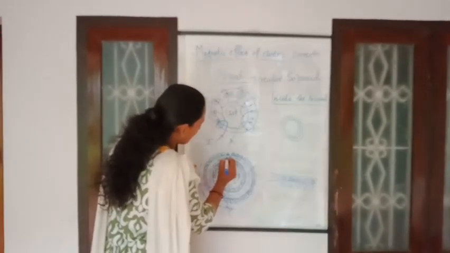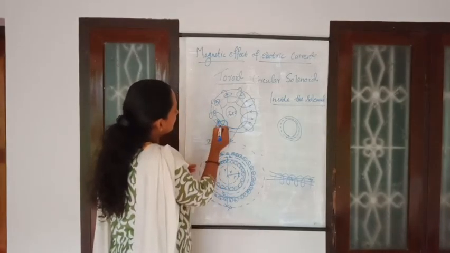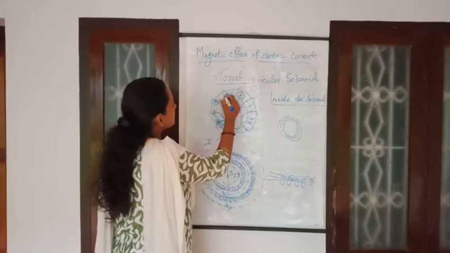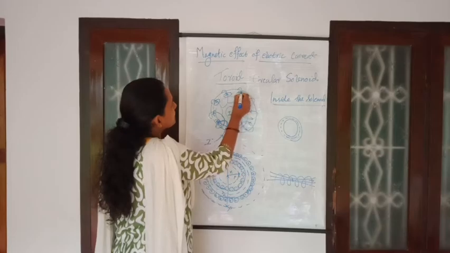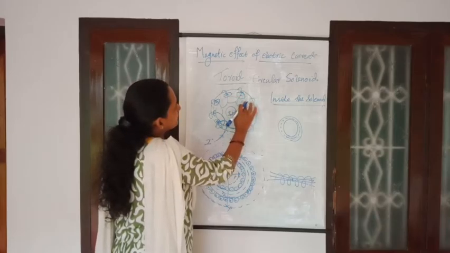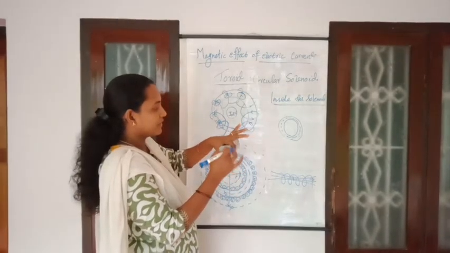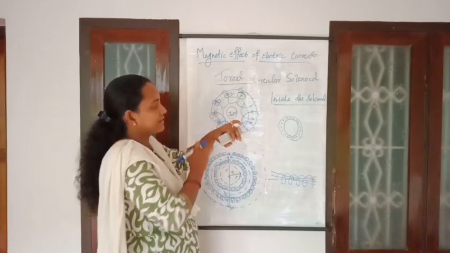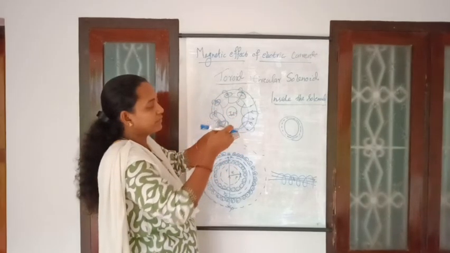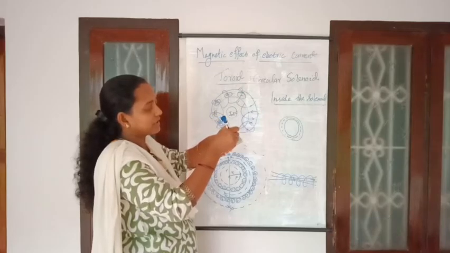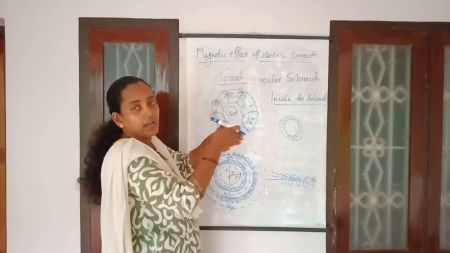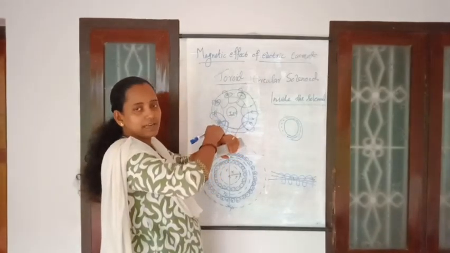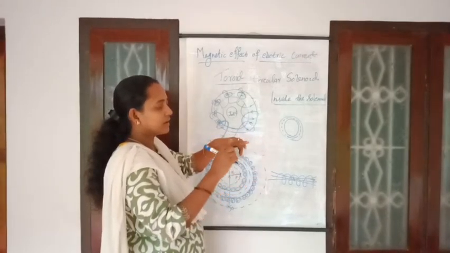So whenever you are choosing a point P here, look at this figure. This is in this direction, here also it is in the same direction, here also in the same direction. And this is downward. This one only you can see. So the current is like this, just the same as our solenoid. Whenever you are viewing here, current is in the same direction. Therefore, the magnetic field is also in the upward direction, in the same direction.